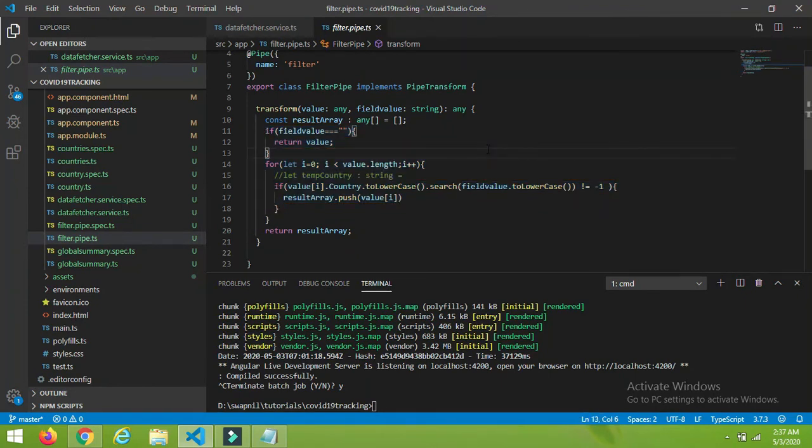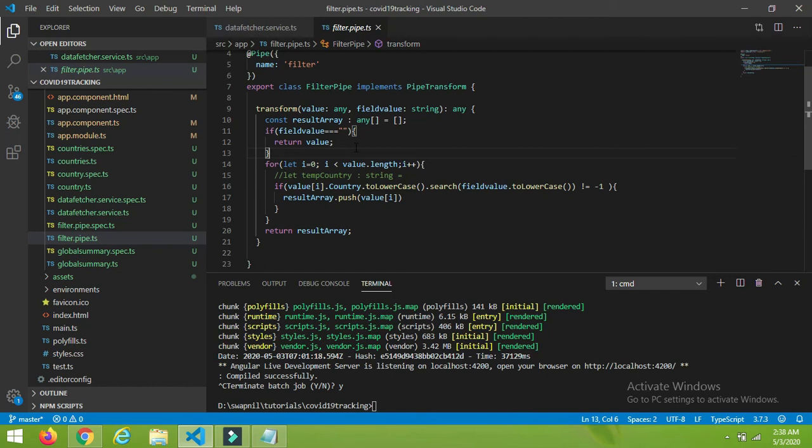Here you can find we have the transform method, which takes as input the value, which is the total data list, the total 260 countries list, and the field value, which is whatever the user types in this text box. Once we get this text box value, first we check whether it is blank. If it is blank, then display the whole list as it is.